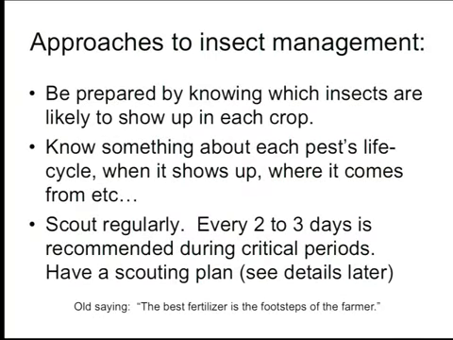Be prepared by knowing which insects are likely to show up. Okay, well, how do you do that? If you are somebody that is growing different crops, tomatoes and lettuce and broccoli, there are always neighbors, other farmers in the area, urban farmers. You go and visit them and say, what kind of problems do you have? Let's say that you're a new farmer coming to the Bay Area and you want to do a garden here. You want to get familiar. Well, one way is the internet. You can look at that, but you can also go and talk to farmers. And they say, oh, no, we get attacked by this and that. Okay, well, you're probably going to get that too.